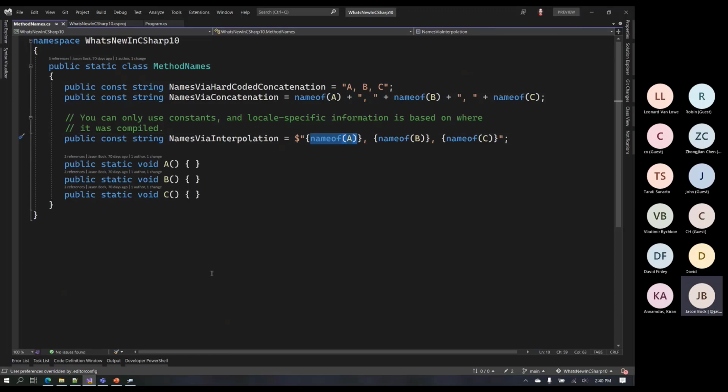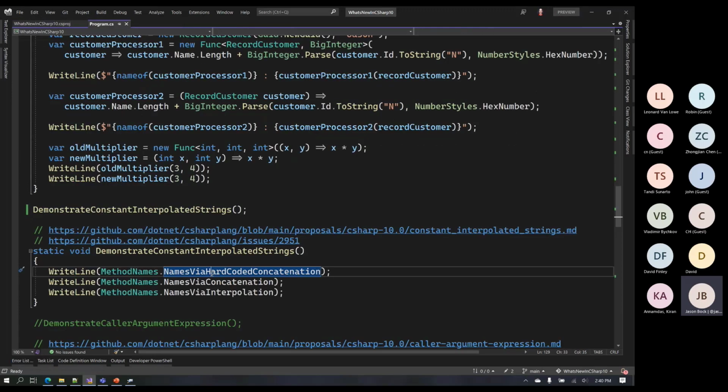So I can actually have these put into a constant, and therefore an interpolated string will work with the constant. If what I'm trying to pass into this hole here for the interpolated string is not something I can figure out at compile time, then you can't do it. Okay, so that's the restriction on it. But you can now use interpolated strings with constants. So that's a nice add-in, nice little feature.